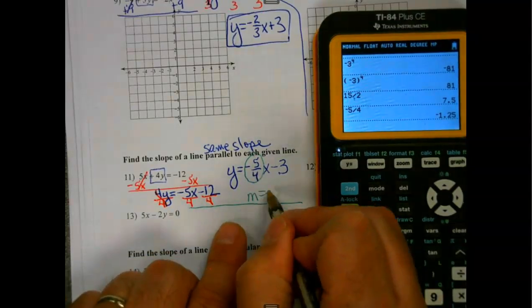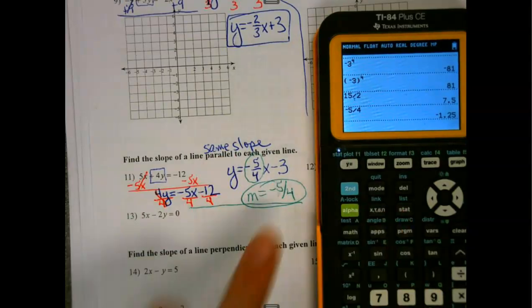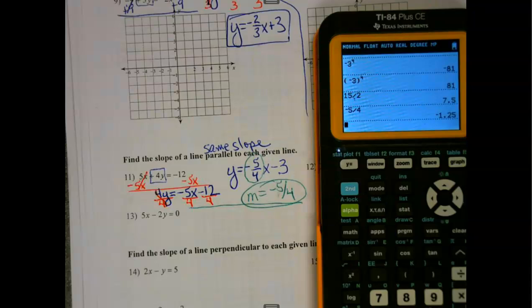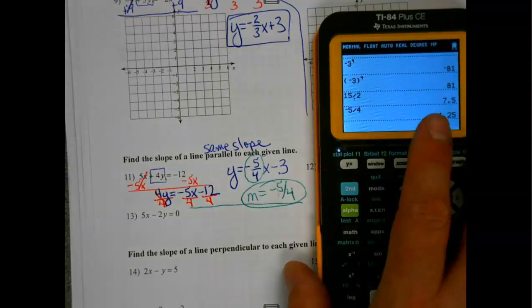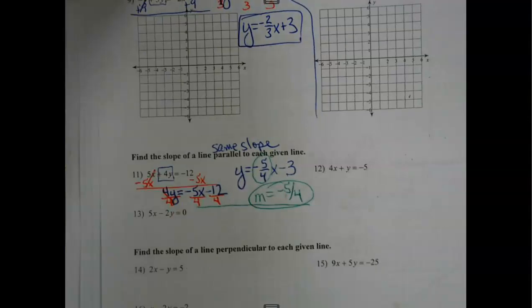The slope of your line parallel is going to be the same. You're just letting me know, hey, I know the slope of another line would be the same as this one. So this slope was negative 5/4. That's what I want. And you're done. Nothing else to do, no other equations to make, anything like that. However,